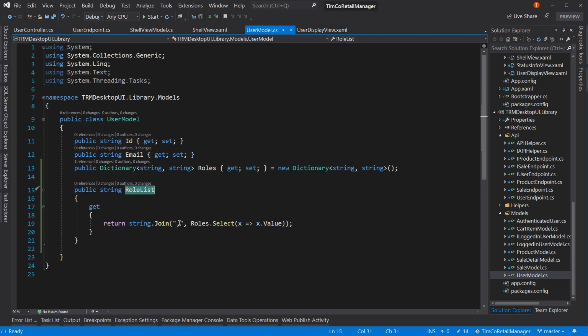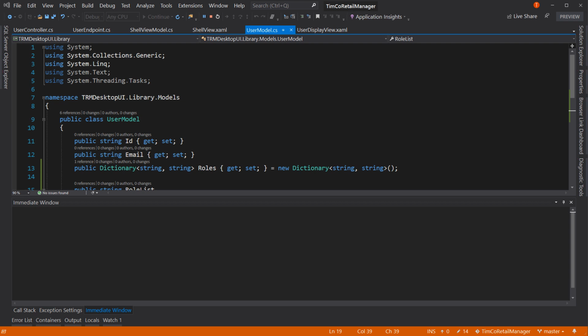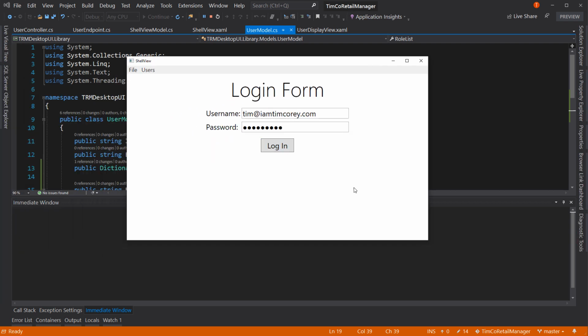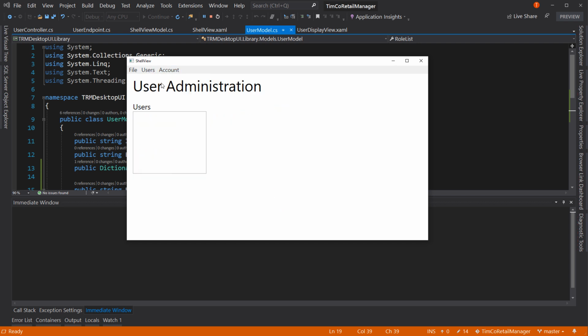That way we have a little better separation. And let's run that again and see if we get something a little more valuable to display. So log in, users or user account management. There we go. So there's a space there and it's smaller